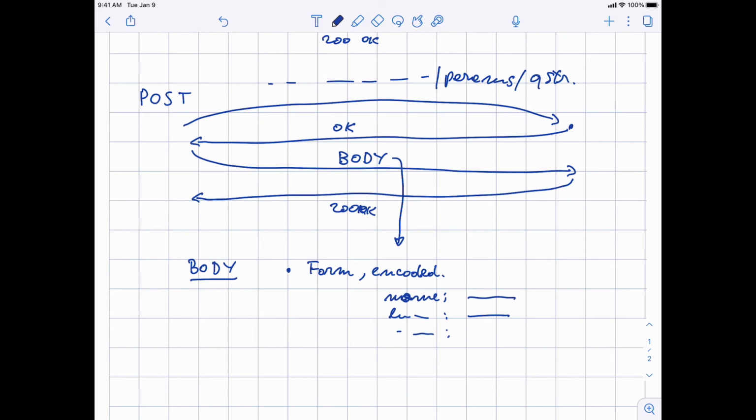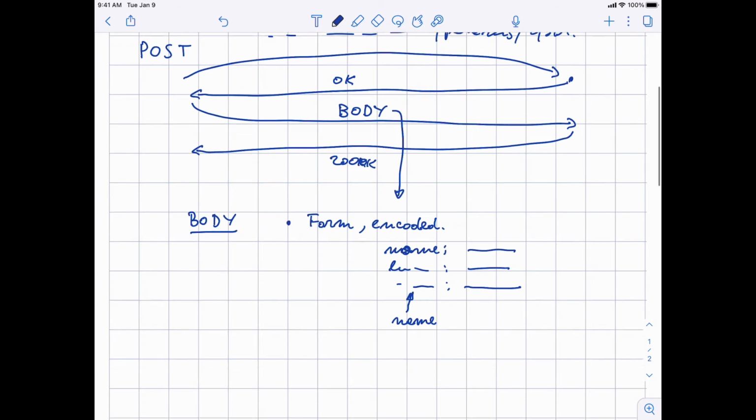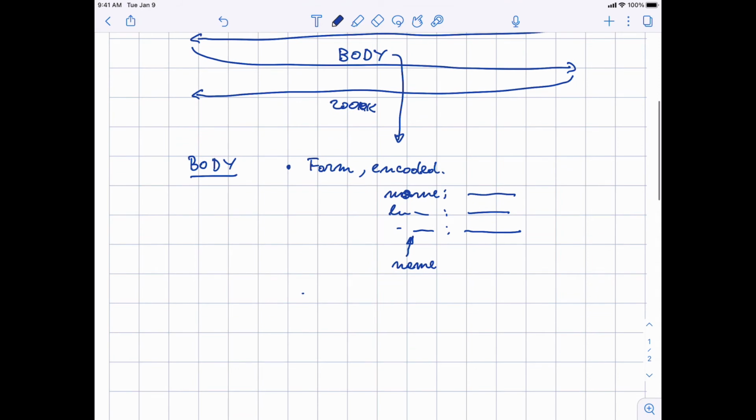So basically the form becomes a dictionary, field name, colon content, where this is the name portion of the input field. Okay, so this is one type of body content. Another type of body content is a file upload. Okay,